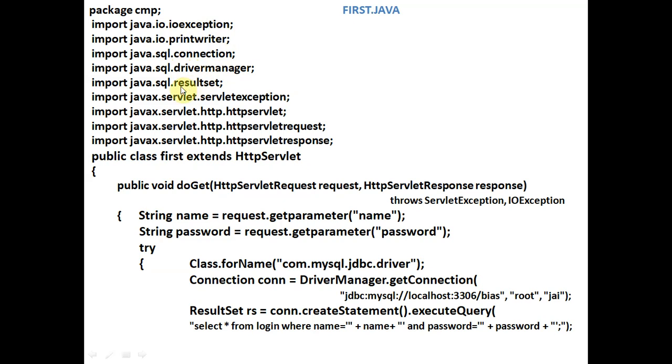Connection and DriverManager are for the database connection, and we are writing this class under the cmp package, and the class name is first, which extends HttpServlet. The function is public void doGet, and inside doGet we can see HttpServletRequest and HttpServletResponse. The same is described in the previous servlet program, so there is no need to describe it again.